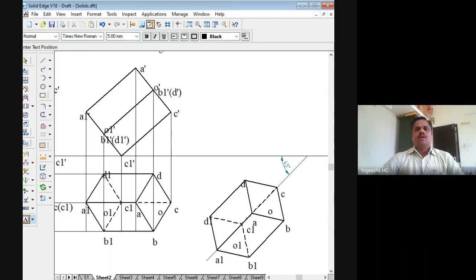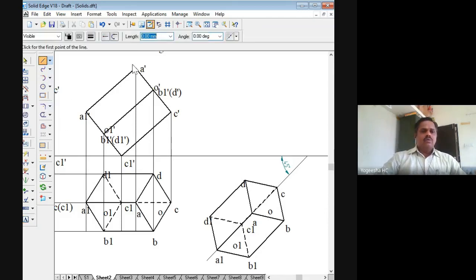Now we'll draw the vertical projectors upwards and get the final front view. So take the thin continuous line and draw the vertical line from A1, like this, one line I will draw, otherwise there will be confusion. Then B1, C1 and D1, like this vertical lines I will draw.